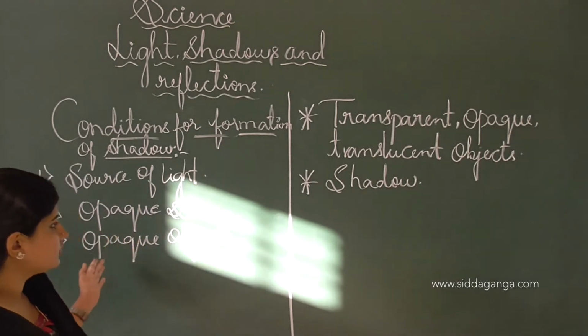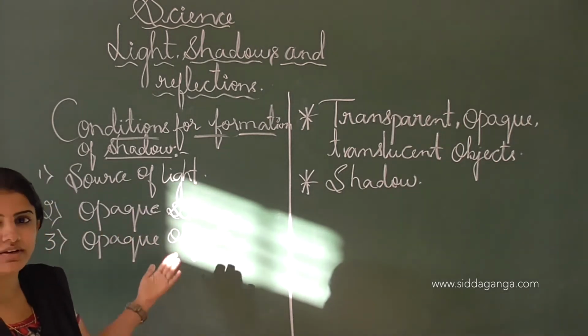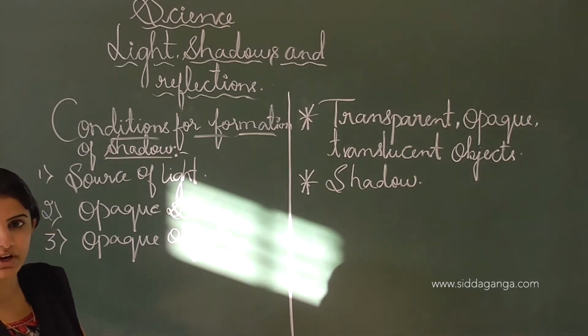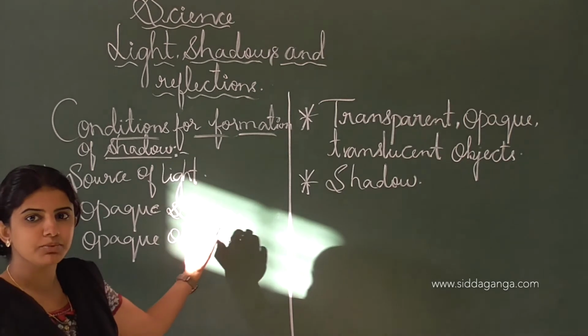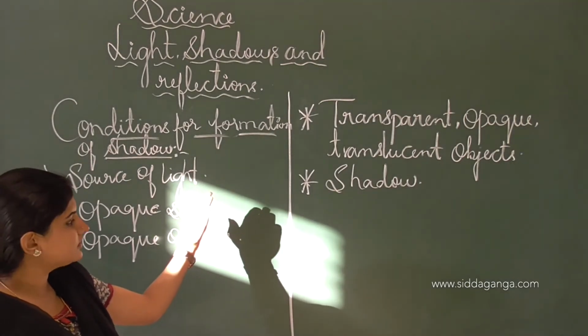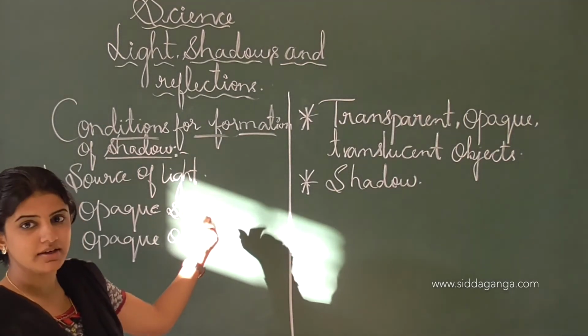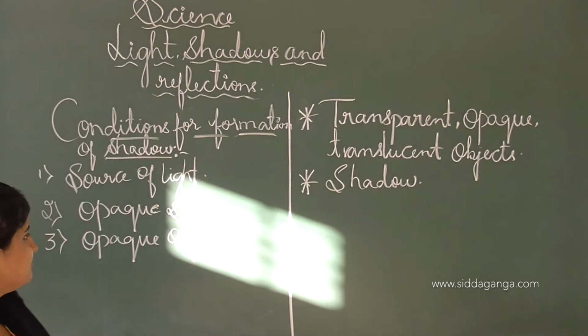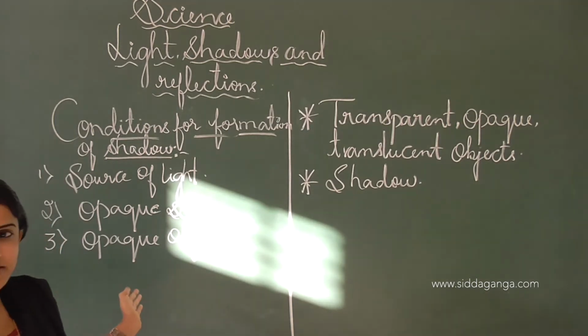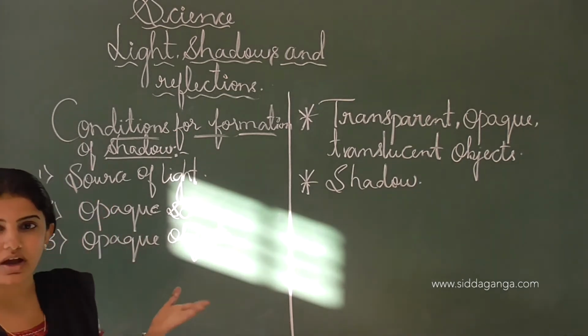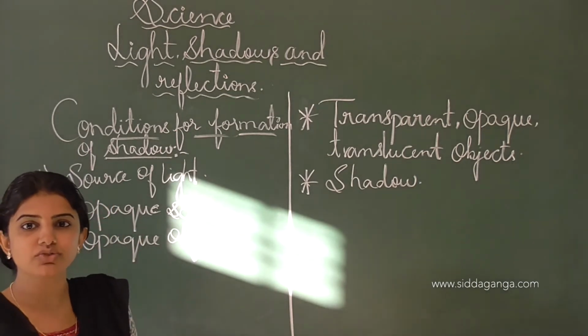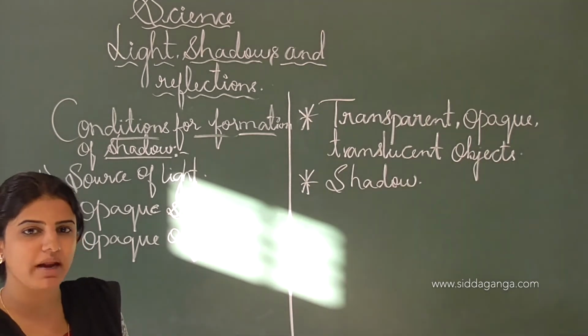See here also the light is falling. If I put the opaque object, like our hand, which also acts as an opaque object, if I put the light here, you can see the shadow of my hand. Like that we can say the condition required is the source of light, either a natural source or an artificial, man-made source,